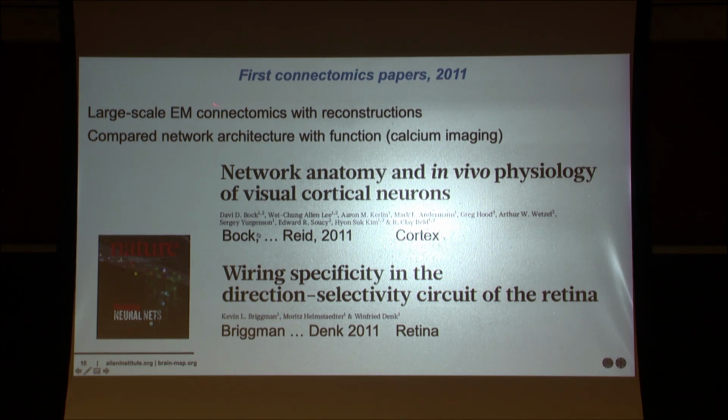Sorry if this is advertising, but anyway, the first real connectomics papers were in 2011, 7 years after the methods paper, and side by side we had a paper. Denk, who did the 2004 paper, had a paper, and there were very, very similar papers. First there was calcium imaging, seeing what neurons do in living tissue, and then reconstructing networks and asking specific questions about the relationship between wiring and neuronal firing.